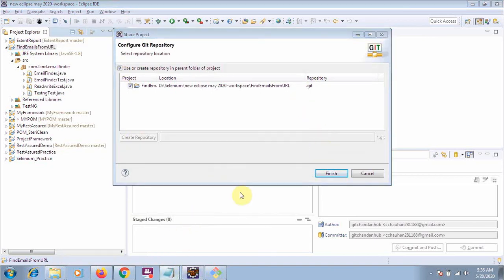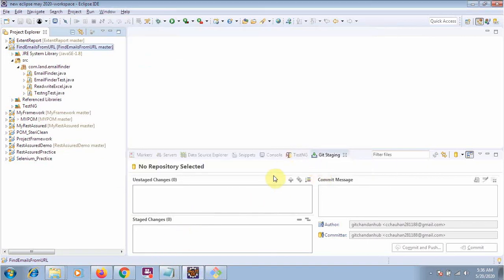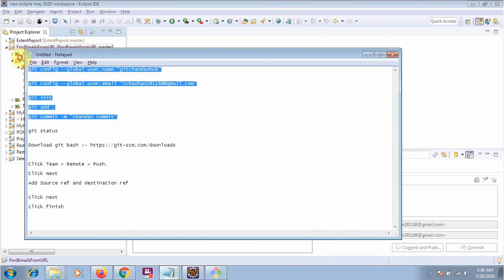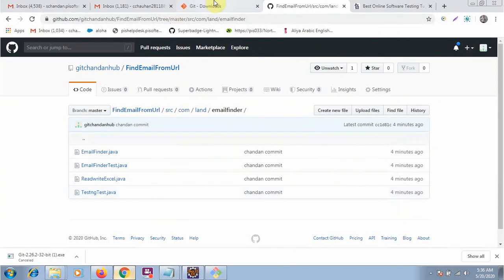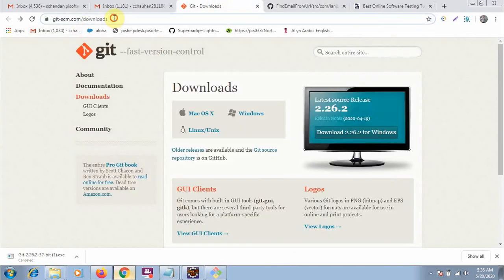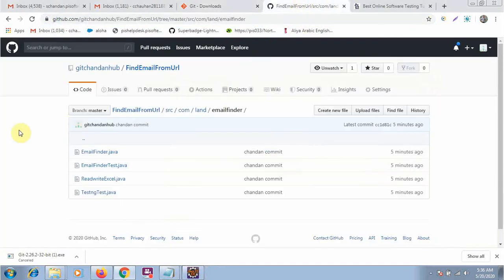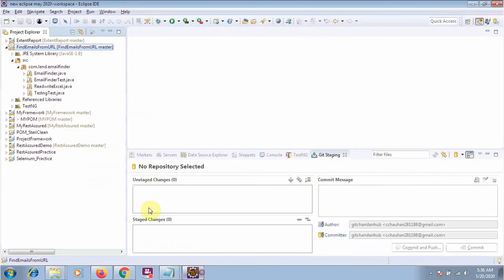But the basic commands, these are all the basic commands that you have to run, and then you also have to download Git Bash on your machine and install it so that you will get this option. Okay, so this is a simple way that you can upload. I will say that this is the simplest way that you can add your project directly to GitHub.